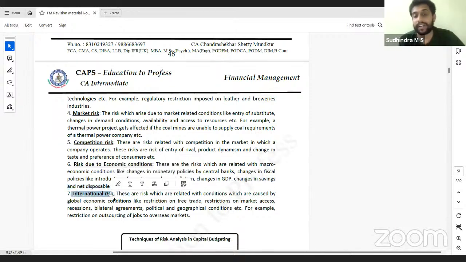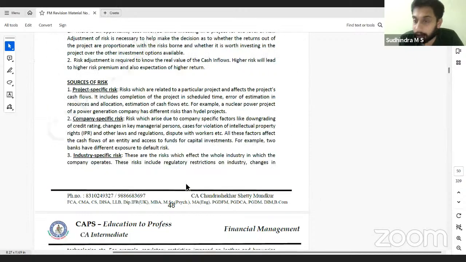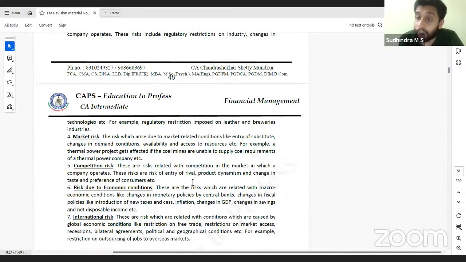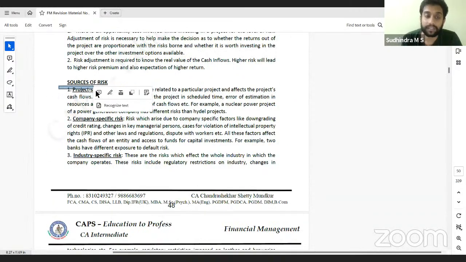Then international risk: geopolitical conditions, bilateral agreements between countries, recessions, etc. So these are the various risks that the business can face, because of which the cash flows might change. Cash flows might have an impact. So for analyzing these risks,